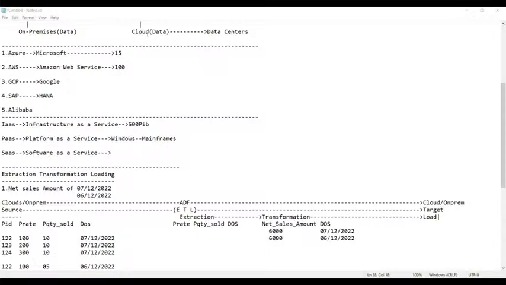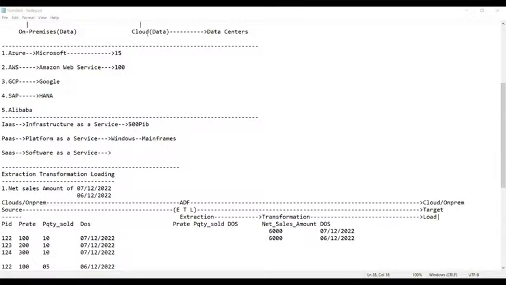Sir, with 3 years of experience, how much package can I get? If I put 3 years of experience in Azure, how much package can I get? See, you can only put that much, not more, because prior to 2018 you can't put it since that particular version didn't exist. So you can put a maximum of 2.5 to 3 years. Now I think around 4 years you can put at maximum.